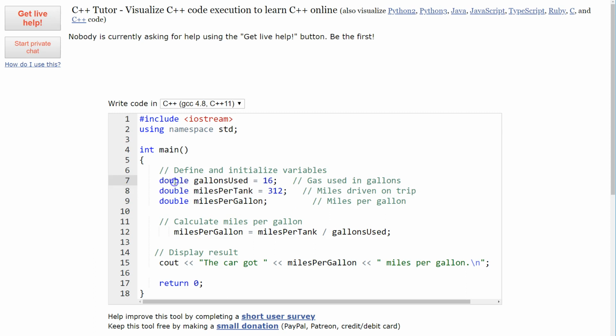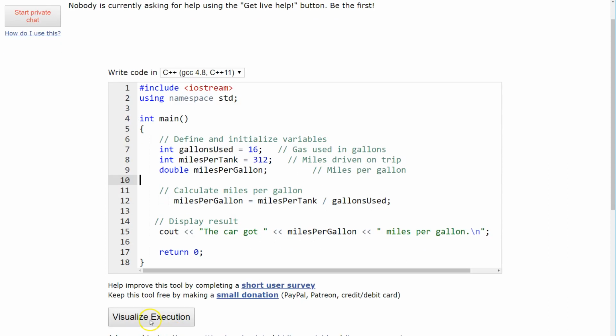Then great. But let's say I wanted to go in here, and I wanted to replace these, and I know that I don't really care. I'm not really storing anything. These are straight up like, this is 16, this is 312, so I'm just going to declare them as ints, okay? But I know that I want to have a float variable here for this when it's calculated, so I have a double right here. So watch what happens with the code with this one though. If I come up here and I hit visualize again,